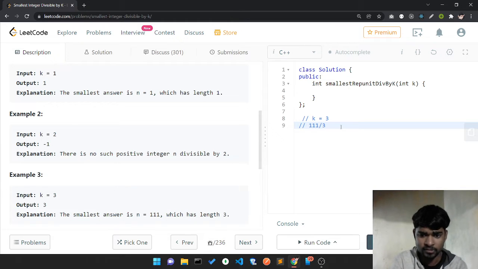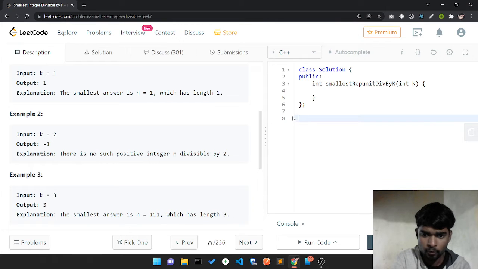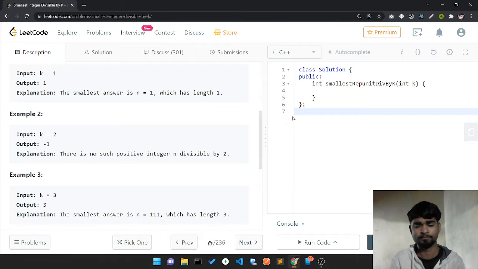Okay, now it's understandable. So how to code it? One thing we are noticing, we can use only 1 as many times as we want, and we want it to be divisible. So how do we know whether this number can be divisible or not?